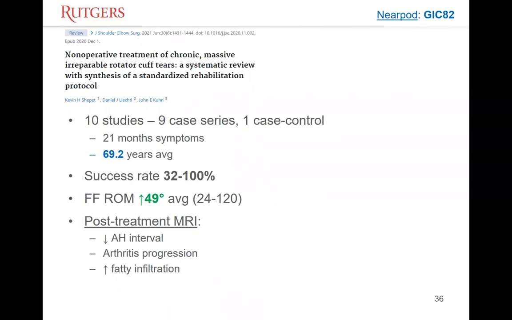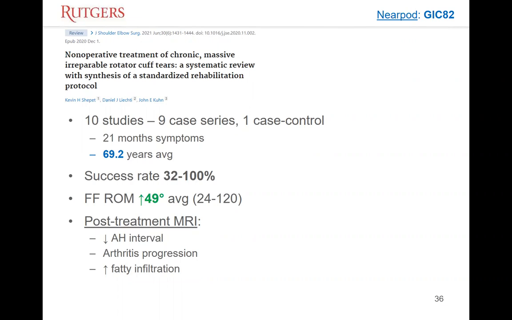Factors that they found contributed to treatment failure included a lack of external rotation pre-operatively or pre-treatment, atrophy, superior humeral head migration, and glenohumeral arthritis, as well as a torn subscap. The average increase in forward flexion was 49 degrees, though this also had substantial variation. And the studies that got post-treatment MRIs found decreased acromiohumeral intervals, progression to arthritis, and increased fatty infiltration in the